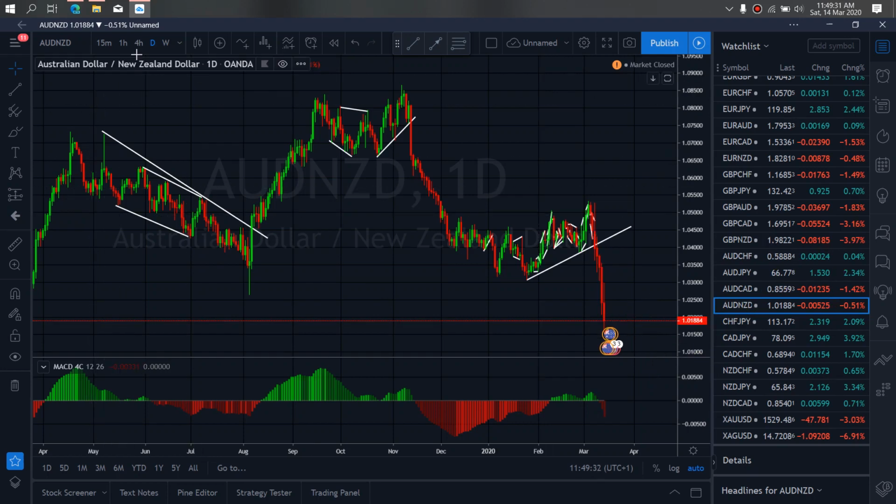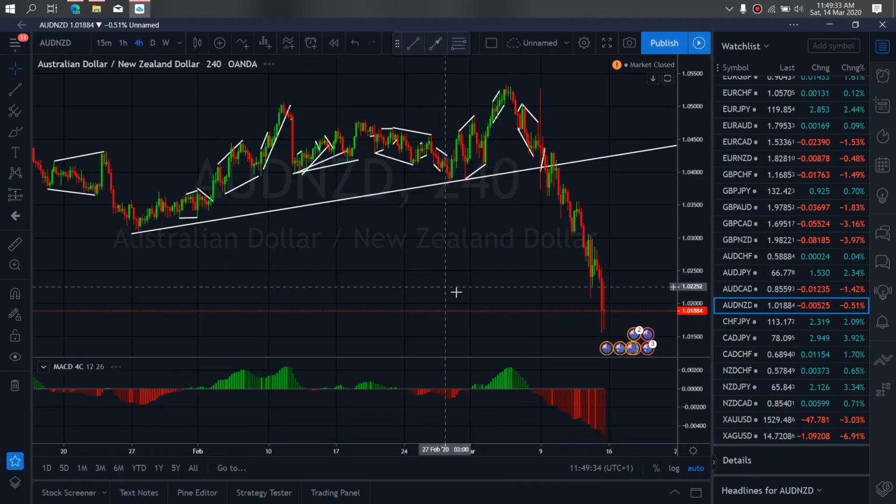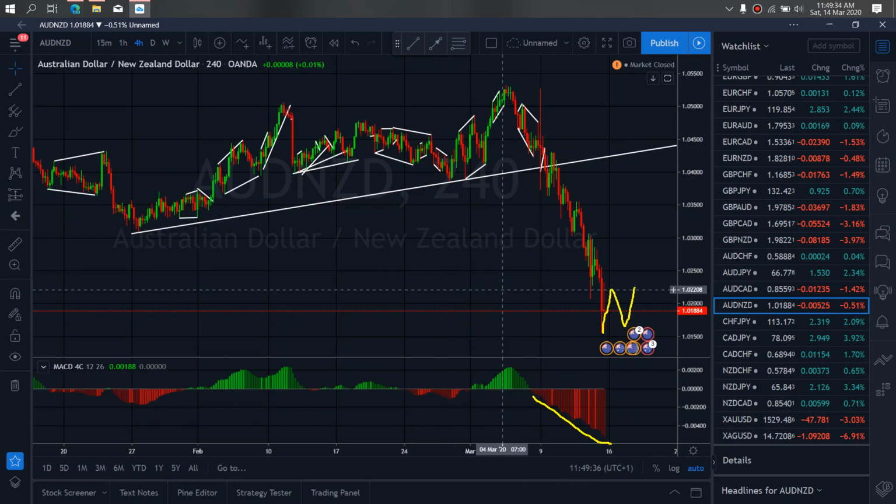So if we zoom to 4-hour time frame, on the 4-hour time frame, we see that there is no divergence here, which is good news, as we expect it to give us flats and continue the sets to the downside for us. So to expect from Aussie New Zealand more corrections and more sets to the downside to tag